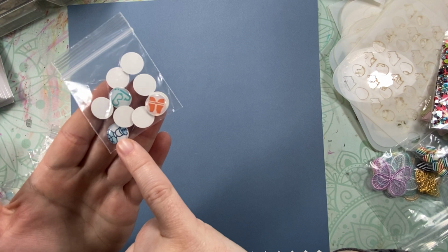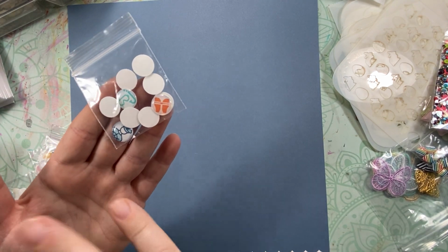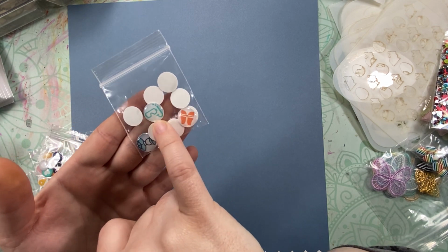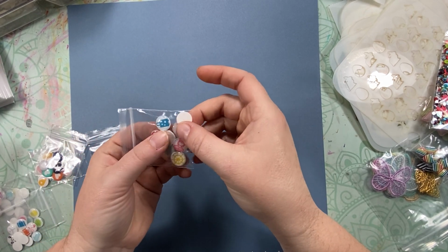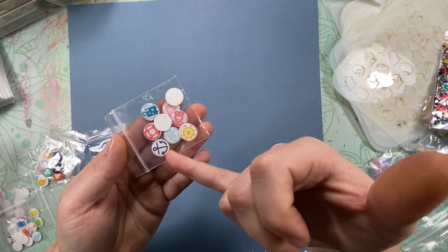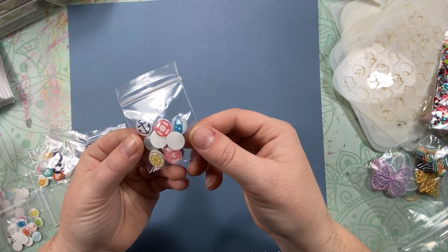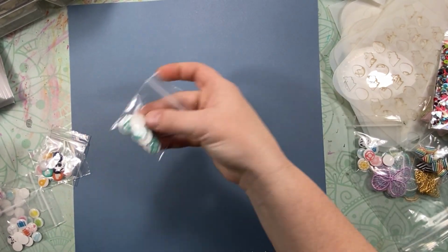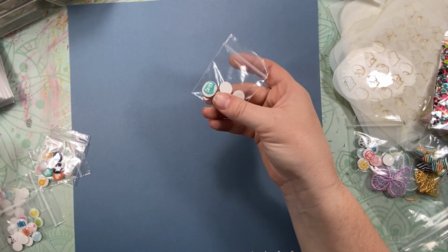So you have a little blue cruise driver, captain, sorry, an orange vest, a scuba mask and thing. You have a pink cruise driver, the wheel, the cruise ship, anchor, a life preserver, and a little luggage suitcase. The next one is the money one, and this is all 10 of, in each epoxy